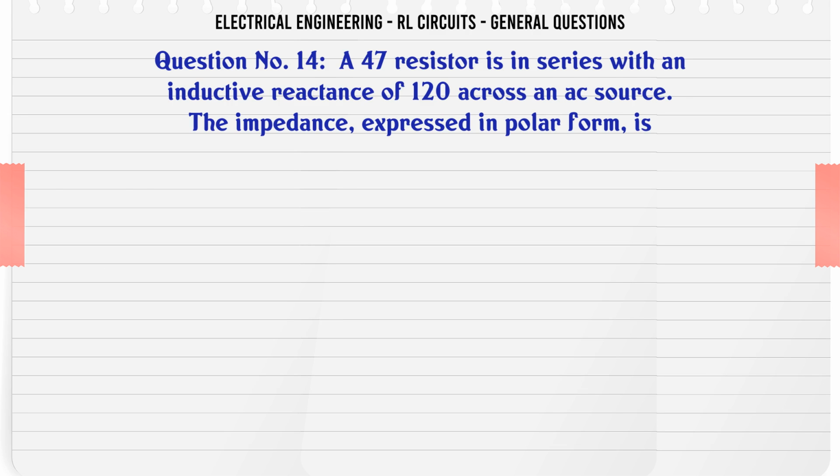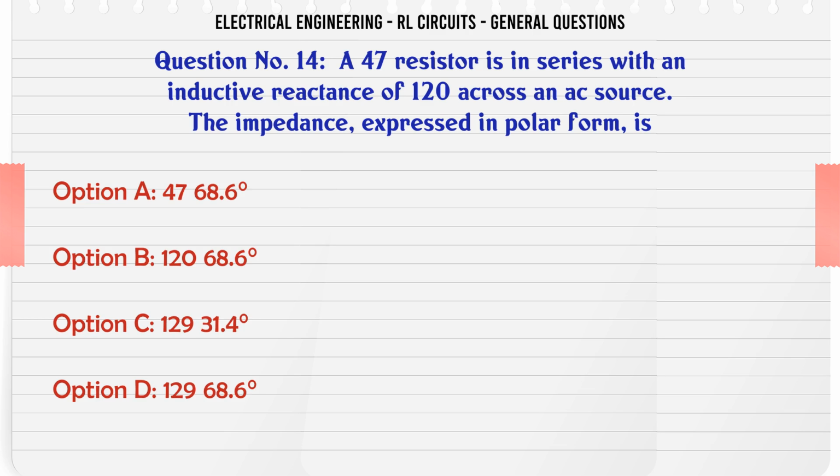A 47 resistor is in series with an inductive reactance of 120 across an AC source. The impedance expressed in polar form is A. 47 ∠68.6°, B. 120 ∠68.6°, C. 129 ∠31.4°, D. 129 ∠68.6°. The correct answer is